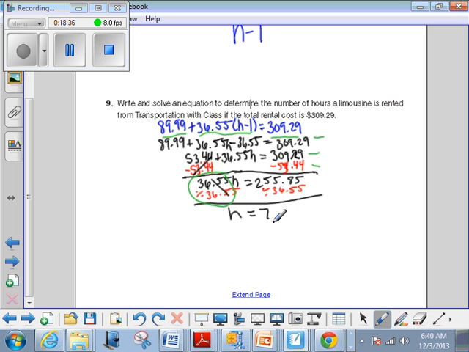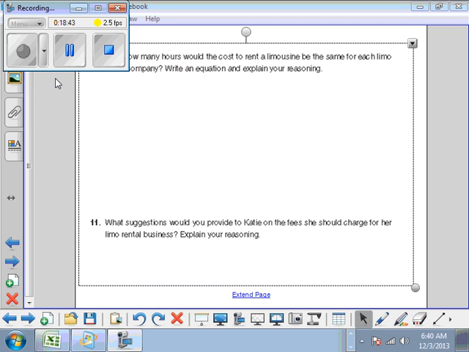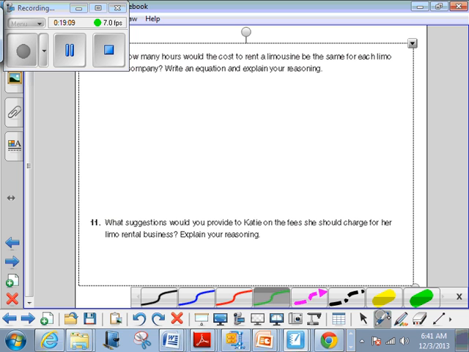Okay, so now let's look at number 10. After how many hours would the cost to rent a limousine be the same for each limo rental company? Write an equation, explain your reasoning. So think about this. We know that the cost for each hour for the first company is $23.75. So if we take that off for the first hour as well, $99.99 minus $23.75 would give us